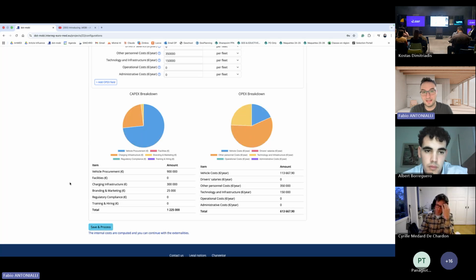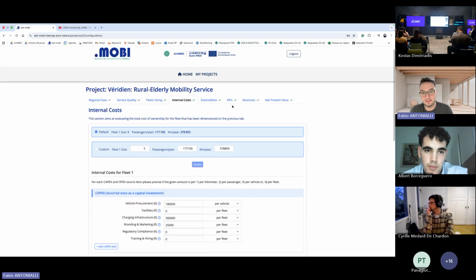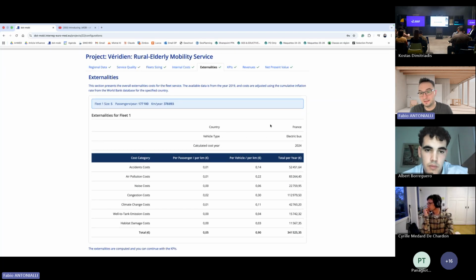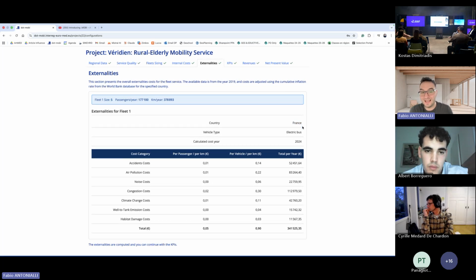Then we can move to the next tab, which is the externalities. This one is automatically calculated based on the country that we've chosen. We've chosen France. So we used third-party data to calculate, based on France standards, how much this would cost for, let's say, the general public in terms of externalities.